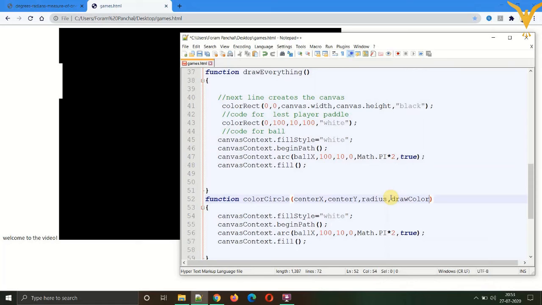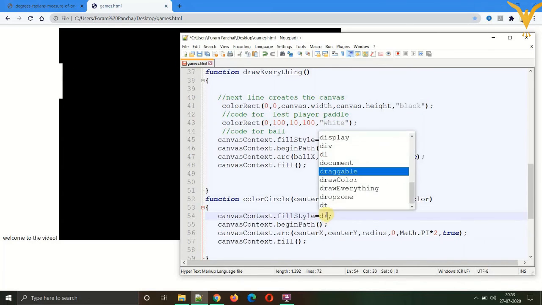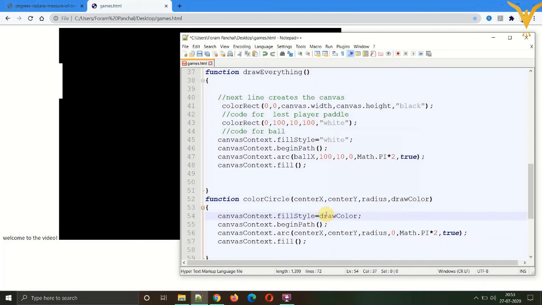Okay, and save. Now replace all these numbers with center X, Y and radius. Paste. Let's replace white with draw color, and over here let's cut all the lines.